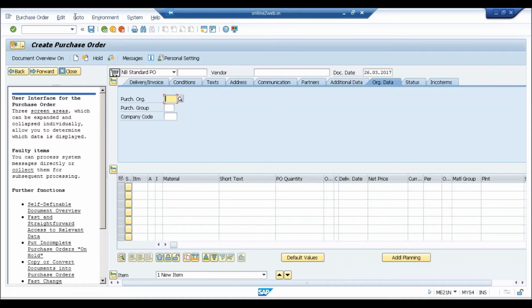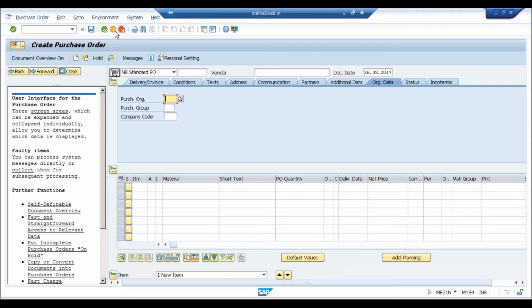This traditional GUI is now called the traditional GUI. Traditional GUI means the same screens that we were using till now. Apart from this traditional GUI, SAP is also allowing you to do the transactions using the new screens of SAP Fiori. For example, this is how I was creating the purchase order earlier. Now if I want to create a purchase order using the new SAP screen, I need to log in to the SAP Fiori screen.